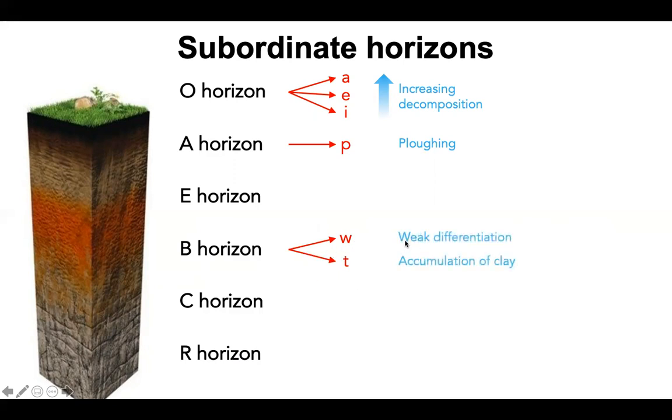Now, a W horizon, I think of it as weak differentiation of the B horizon. That means very little pedogenesis has happened, but it's starting to happen. T stands for the accumulation of clay. There's the word Tonne, T-O-N-N-E, which is the German word for clay. Because Germans were very prominent in early soil designations, we have T to indicate the accumulation of clay